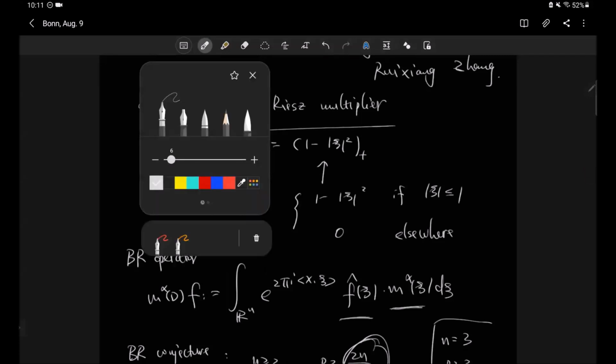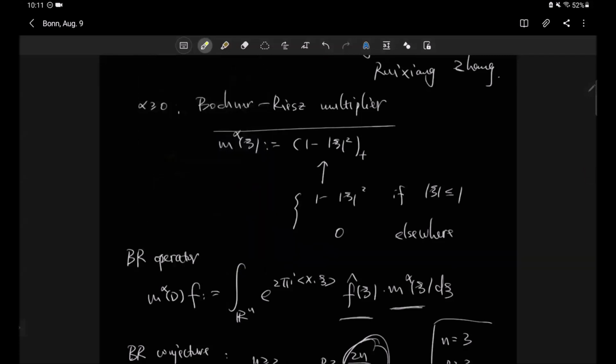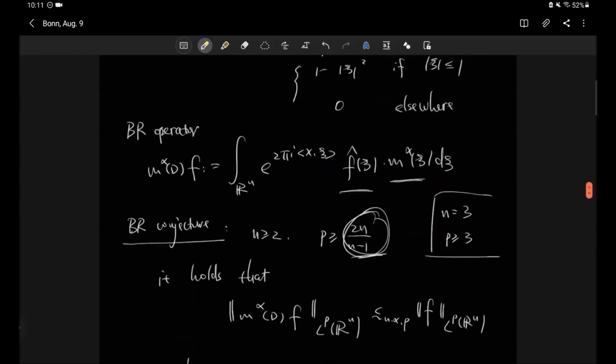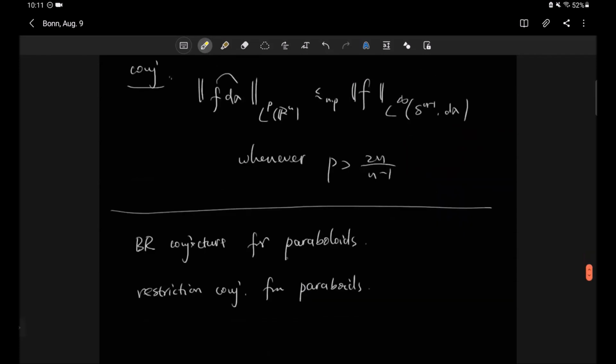if we look at the level set of our multiplier, or at the singularities of this multiplier, we see that the singularity is exactly on the unit sphere. That is why we can expect there's some connection between the Bochner-Riesz conjecture and the Fourier restriction conjecture. The Bochner-Riesz conjecture for paraboloids is that we define a multiplier with a singularity on, let's say,